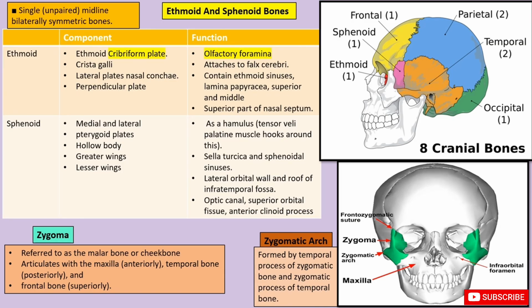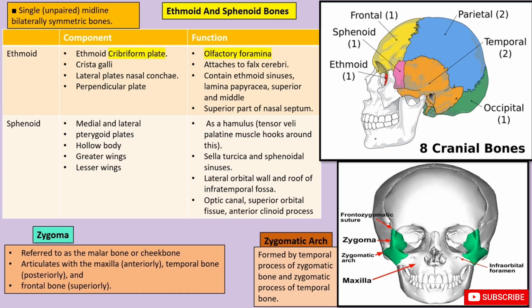Now we can discuss about two important bones here, the ethmoid and the sphenoid bone. We know these bones are single, unpaired, midline, and they are bilaterally symmetrical bones. These are the two bones which contribute both to the neurocranium as well as the viscerocranium. You can also see the components of them, like cribriform plate, crista galli, lateral plate, perpendicular plate. But the important one in respect to exam is cribriform plate, olfactory foramina, the cranial nerve number 1, olfactory nerve that passes through it. And then we have the lateral plate that contains ethmoid sinus and lamina papyracea,